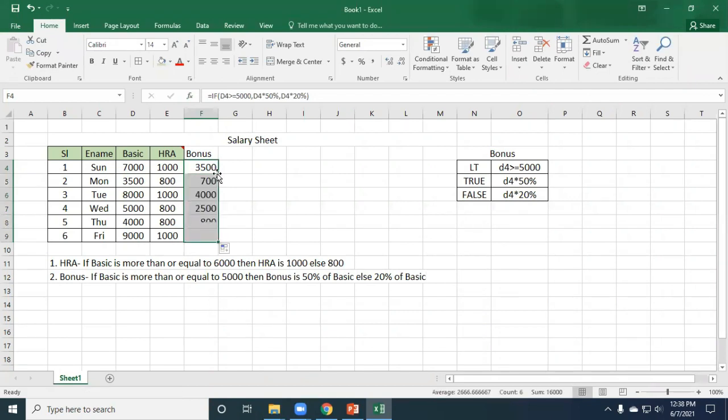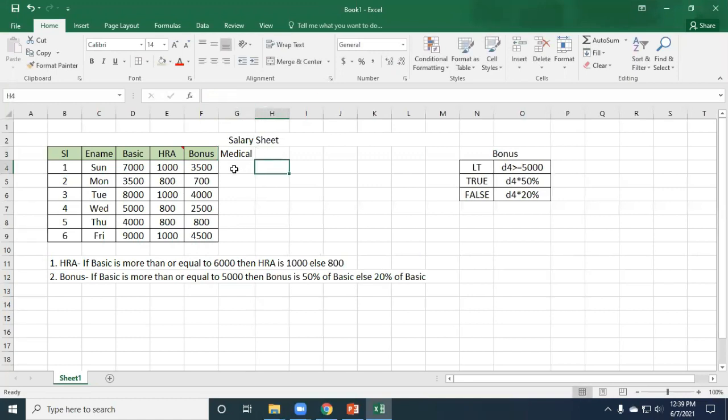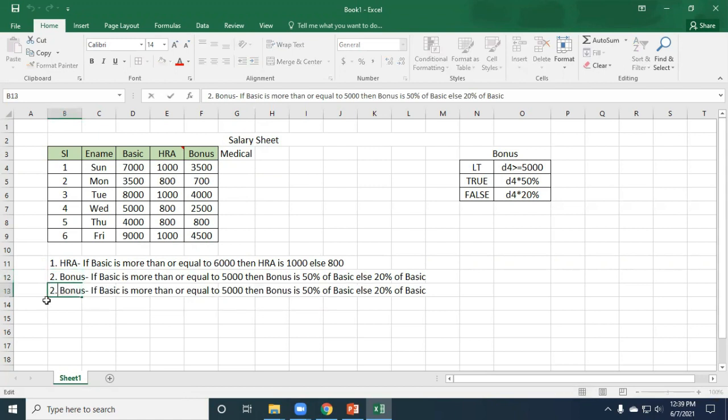Now if you double click, automatically you will get the rest of the values or functions. Now select format painter, just drag and drop. Click format painter, and you can apply the theme color. The same way you can find out medical or whatever in other functions also. For medical also, just drag and drop. We are changing it, you can make it medical.